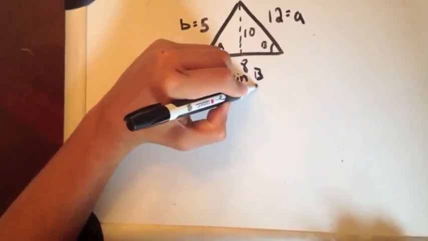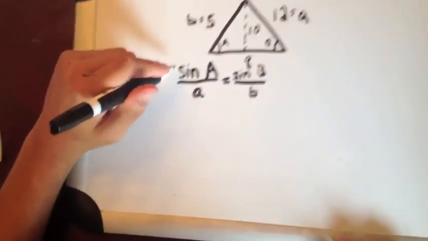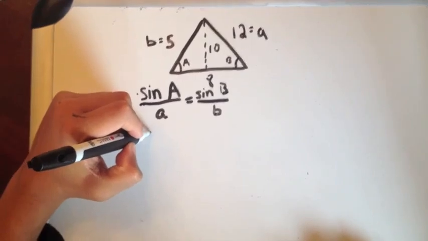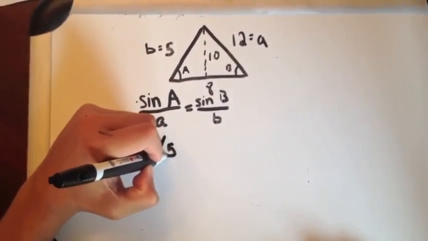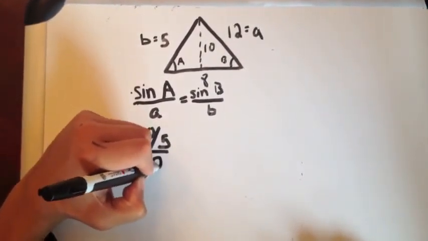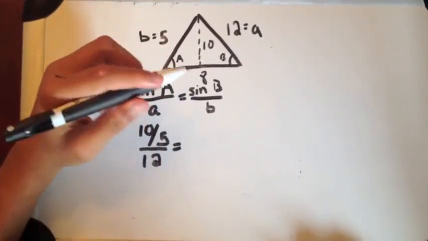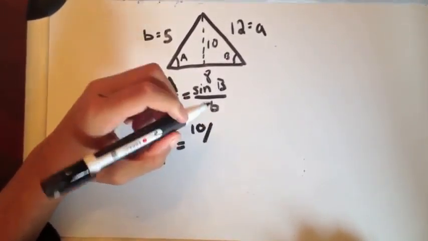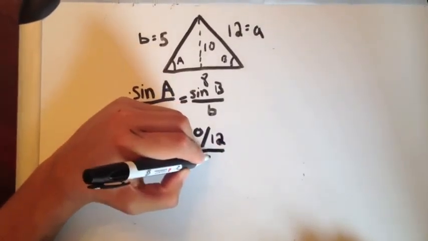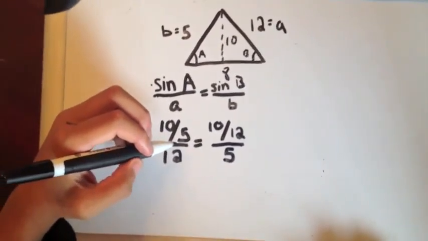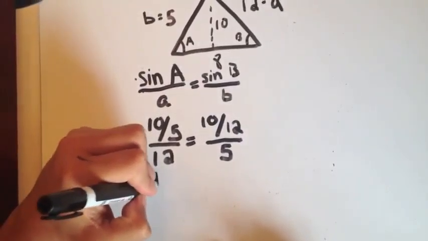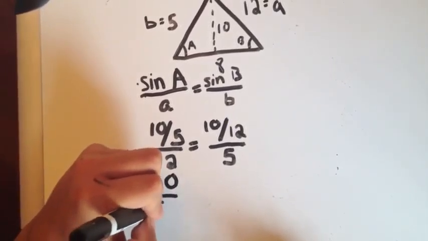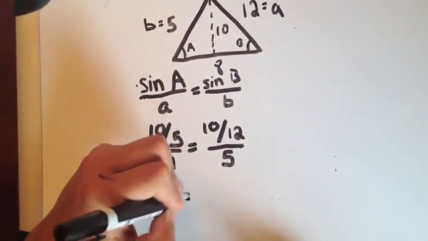So the sine of A over a is equal to the sine of B over b. So thus 10 over 5 over 12 must be equal to 10 over 12 over 5. So 10 over 5, which is 0.5, over 12, which will be equal to 10 over 60, which is equal